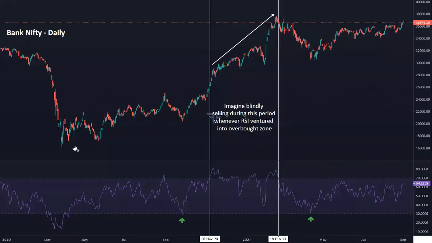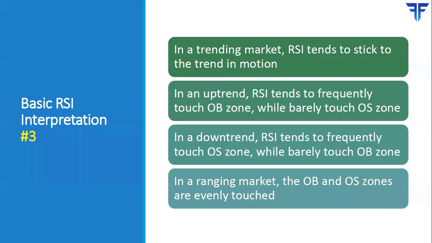The Bank Nifty, right from the time it bottomed out, was in a very strong trend. And because it was trending higher, notice that the RSI of Bank Nifty was easily touching overbought, but very rarely touching the oversold zone. So what I mean to say by this is that the RSI tends to stick to the prevailing trend. So if the prevailing trend is up, the RSI tends to frequently rise to overbought, but very rarely does it